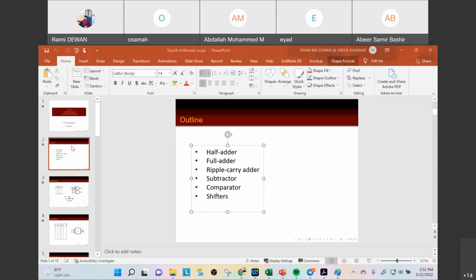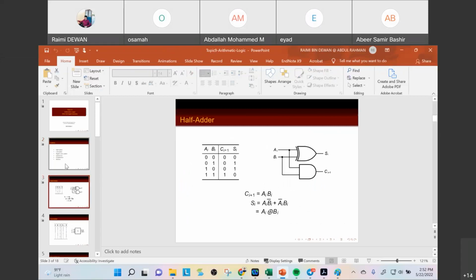Okay. So today we learn about half adder, and then we learn about full adder, and some more if we have time. We only have about 1 hour left. First is the half adder. Half adder means, as the word itself says, it is not complete. It is not complete to perform addition. But we learn this half adder first in order for us to familiarize ourselves for the next one,